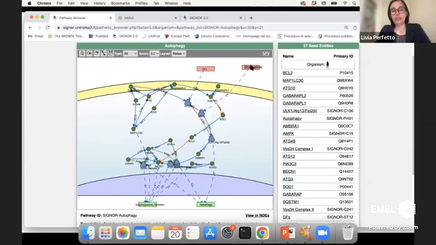As mentioned, we have different types of entities. Most of the interactions involve proteins, but we also have stimuli, phenotypes, complexes, and other entity types not displayed here, like small molecules, protein families or chemical compounds. Going back to the presentation,